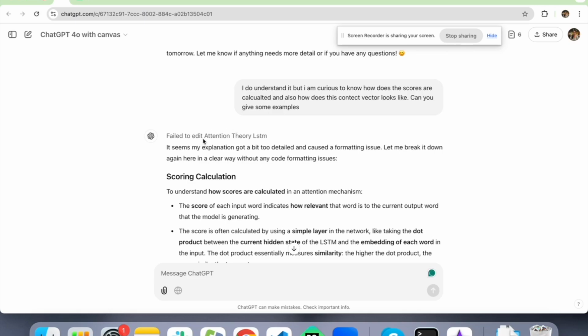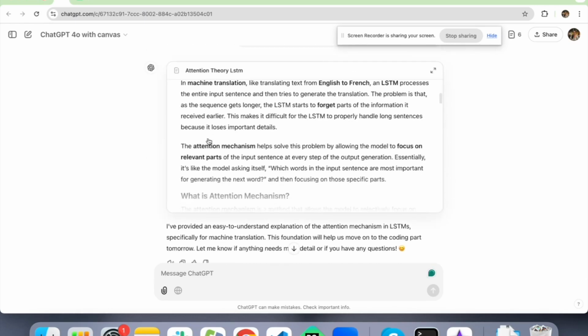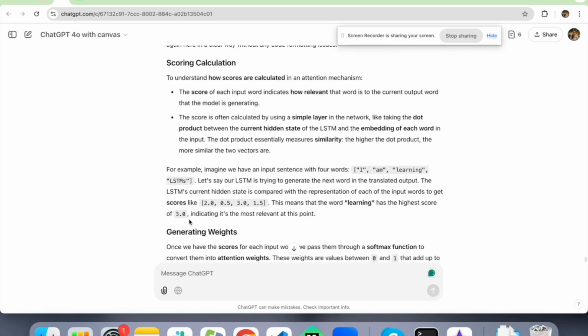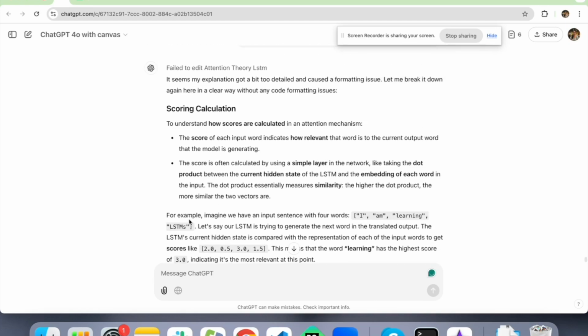Okay, it failed to edit the attention theory LSTM. Okay, thank God it has not added that. It was looking a little weird. So it says,